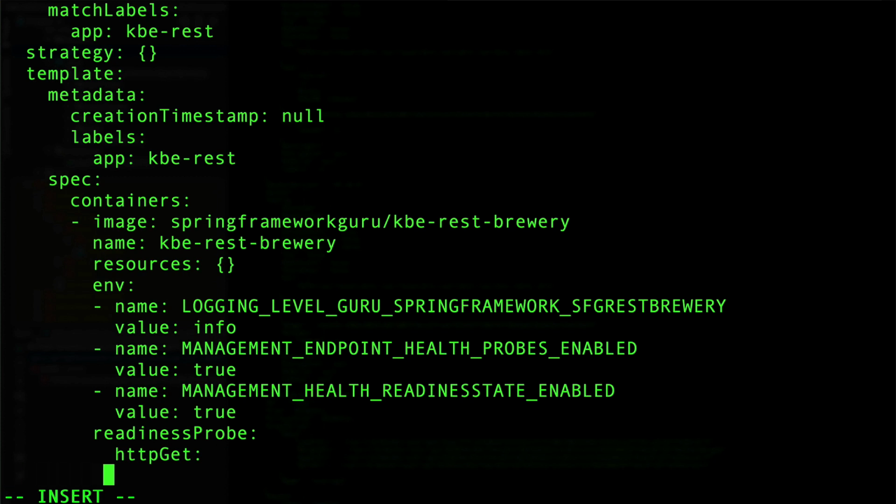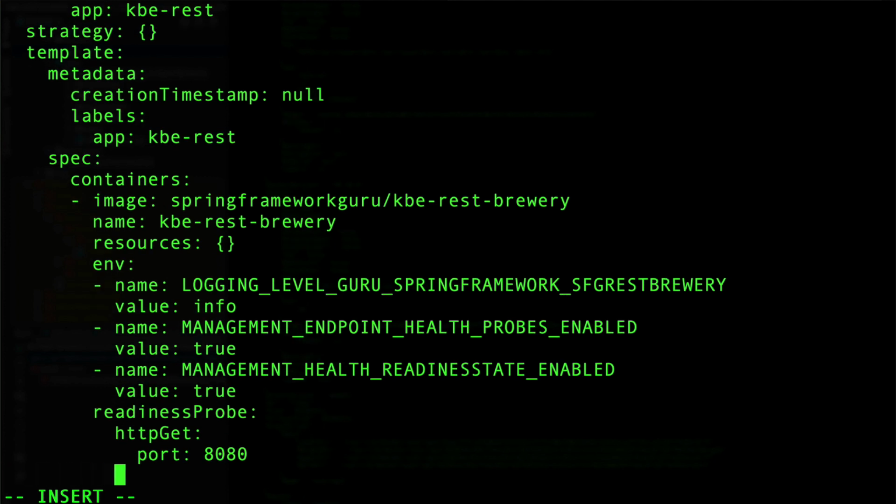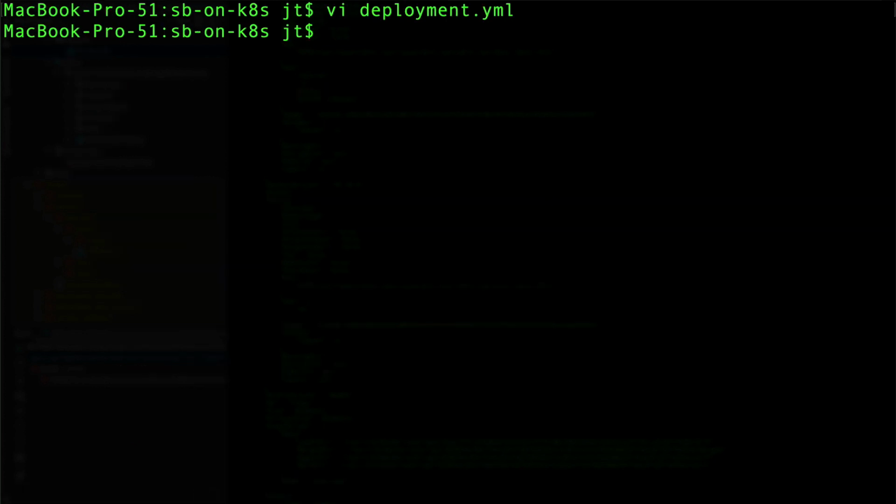So that's going to be an HTTP GET. Port 8080, that's the port that Tomcat's coming up on, the default port. And then path: health readiness. So that configures Kubernetes, telling Kubernetes to go do an HTTP GET against port 8080 at that path of actuator health readiness. So let's go ahead and write this file, and then